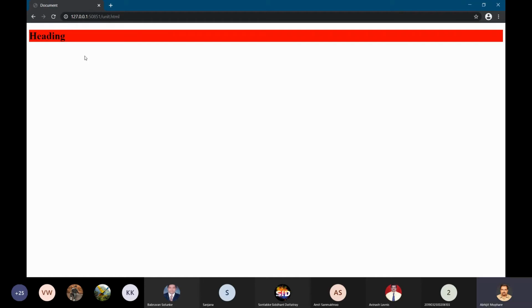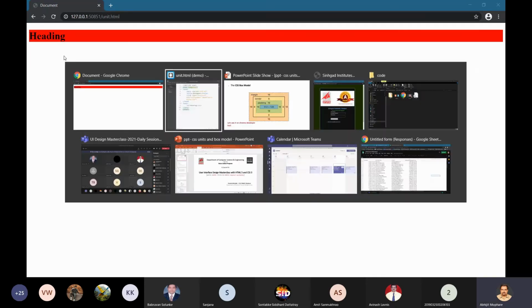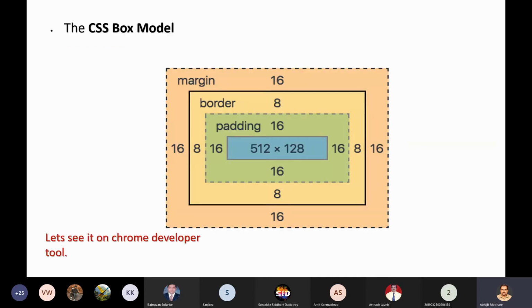Fine. So this rectangle has two properties, or attributes, height and width. But in addition to height and width, every HTML element also has three more properties, and those properties are border, padding, and margin. So this together is what is called the CSS box model.